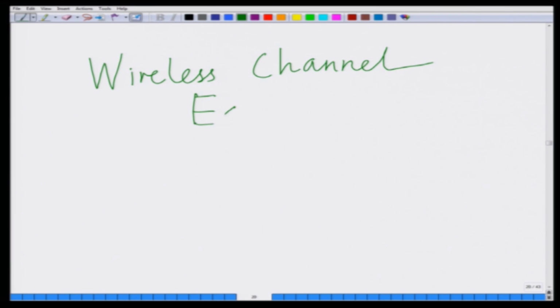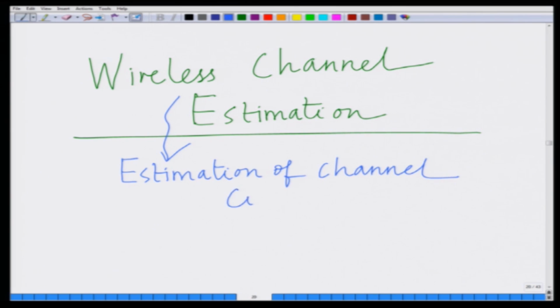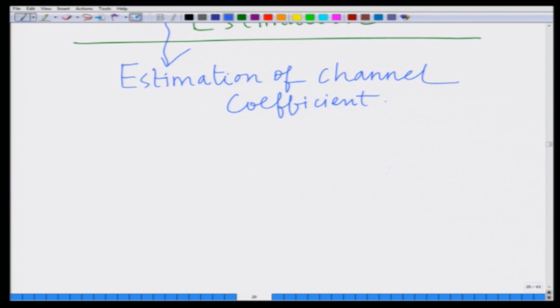This is known as wireless channel estimation, that is, estimation of the channel coefficient, and we have shown that the maximum likelihood estimate of the channel coefficient is given as